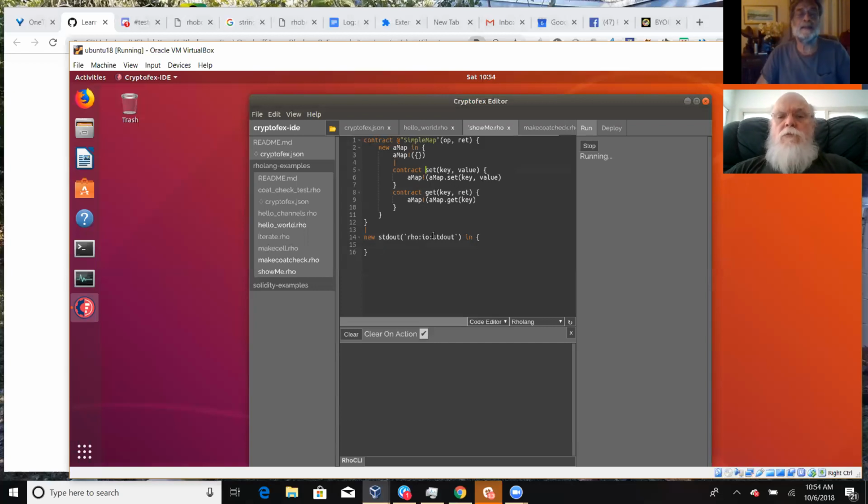Now, see, this isn't complete here because I don't put the map here. So I still need a map. Comma. Quote set.